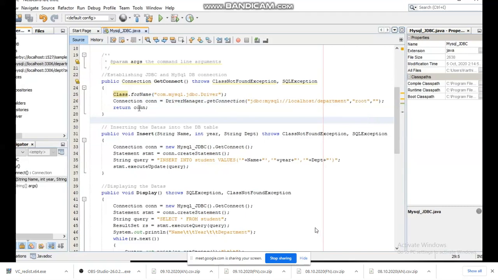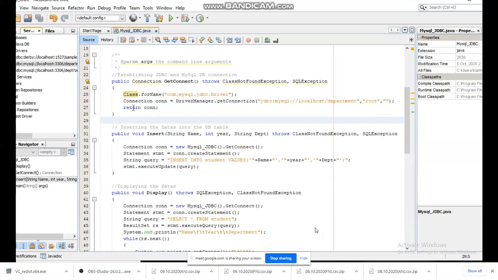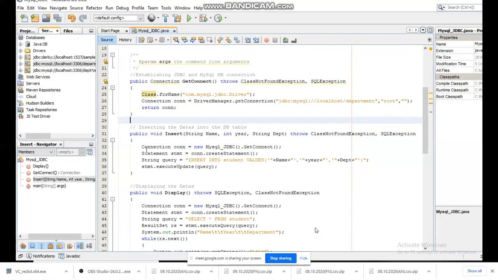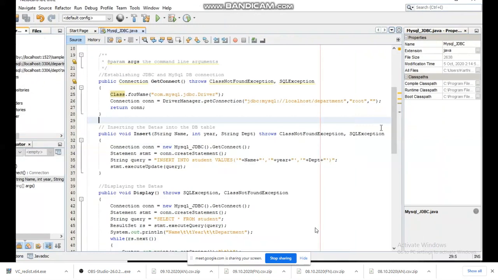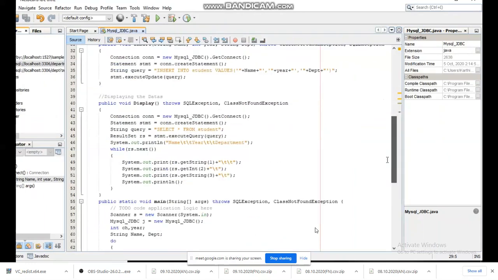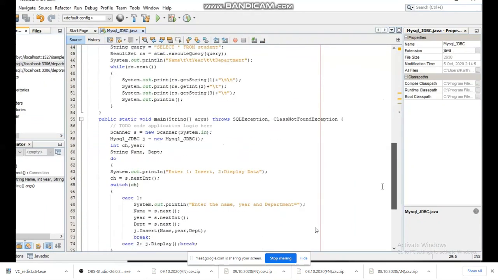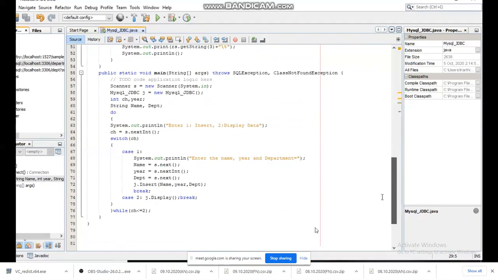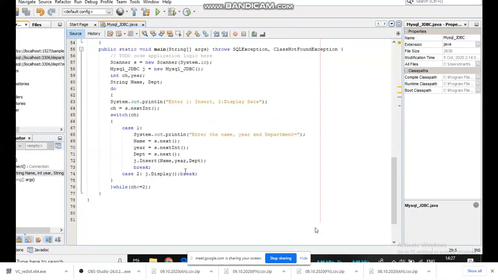Please remember that, because the MySQL compiler will convey the error to the JDBC connector. The JDBC connector will inform the Java compiler. The Java compiler will convey it in a way that Java can execute, but the user won't be able to understand it. That's the reason why tracking down the error, if you miss any one of the steps, will be much tougher here. That's what I want to convey.